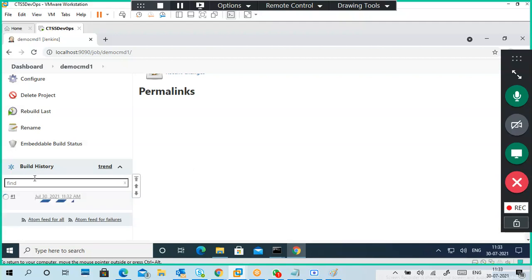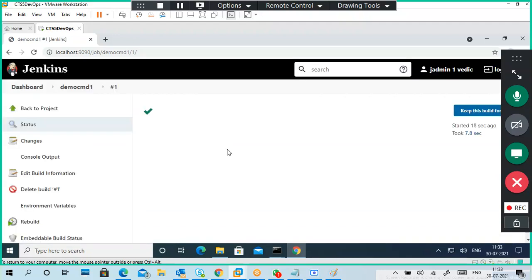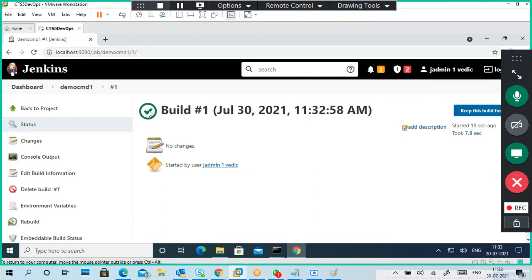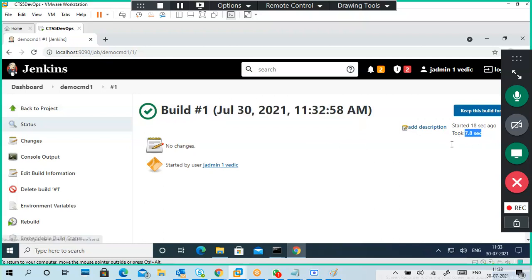This is build history. So what builds happened last time? You can see this is the one it is showing, right? So I click on this one. It is completed already. So I can see the build result. I click on this one in this corner. So this is the build. Green check mark means it is already successful. So when it is built, how much time it has taken. Okay. And I click on console output.